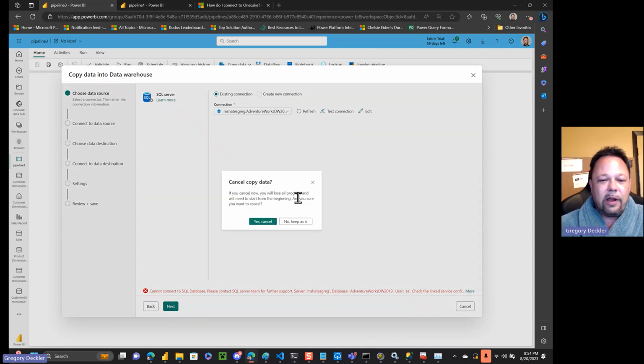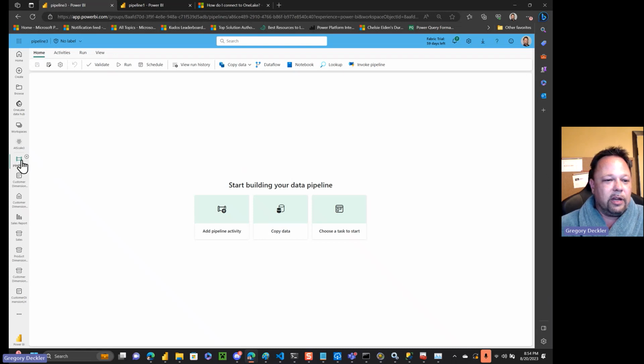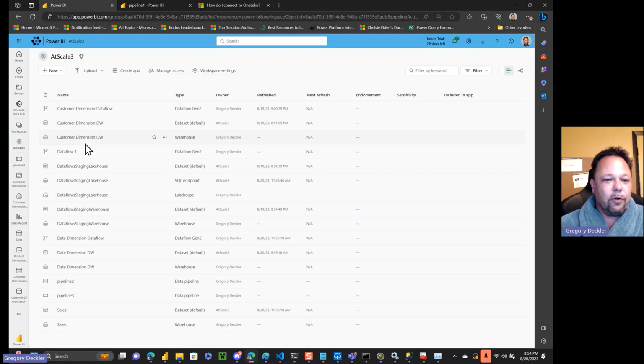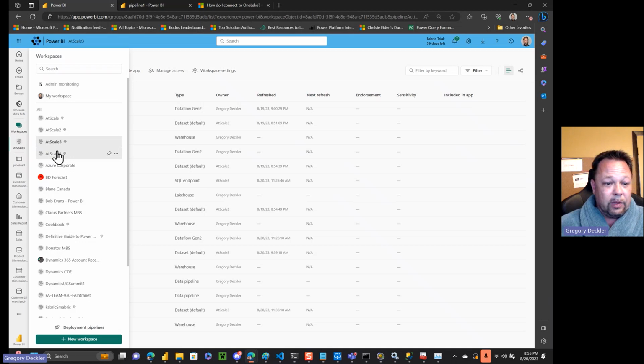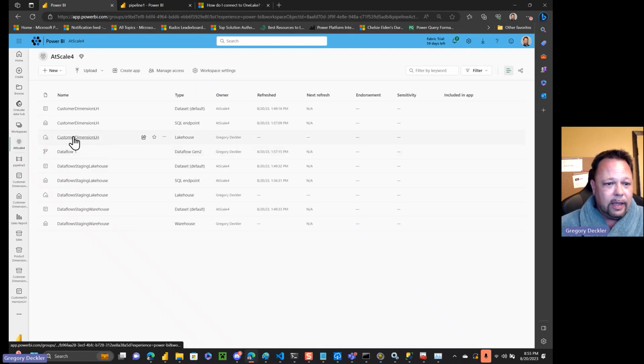So the warehouse was pretty much dead in the water. I couldn't get it to work at all. But I couldn't really go any further because I couldn't actually even build a model as a data warehouse because it stripped out my key column. So fail. Then the last thing I did, workspaces, I did try it with Lakehouse, but again, it's total